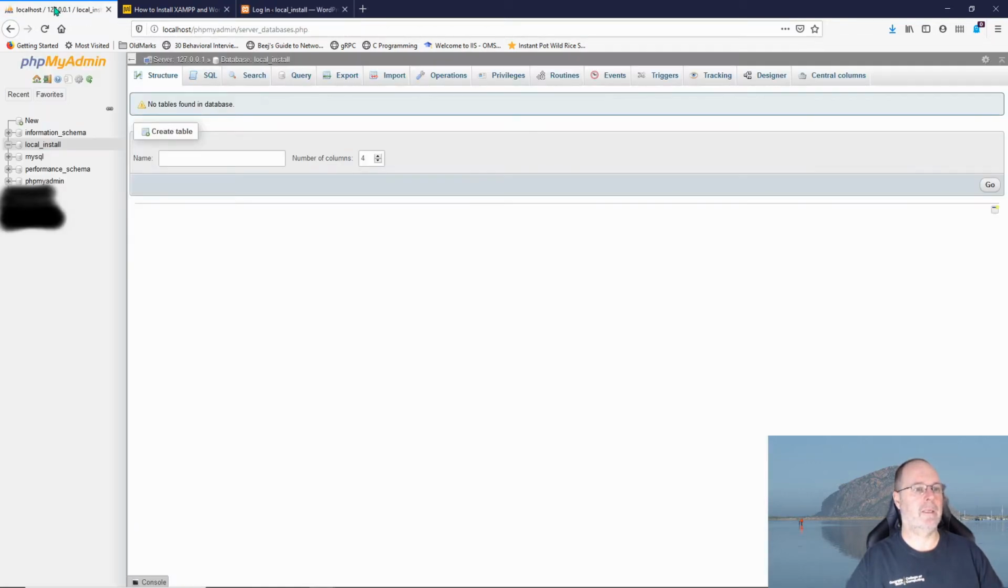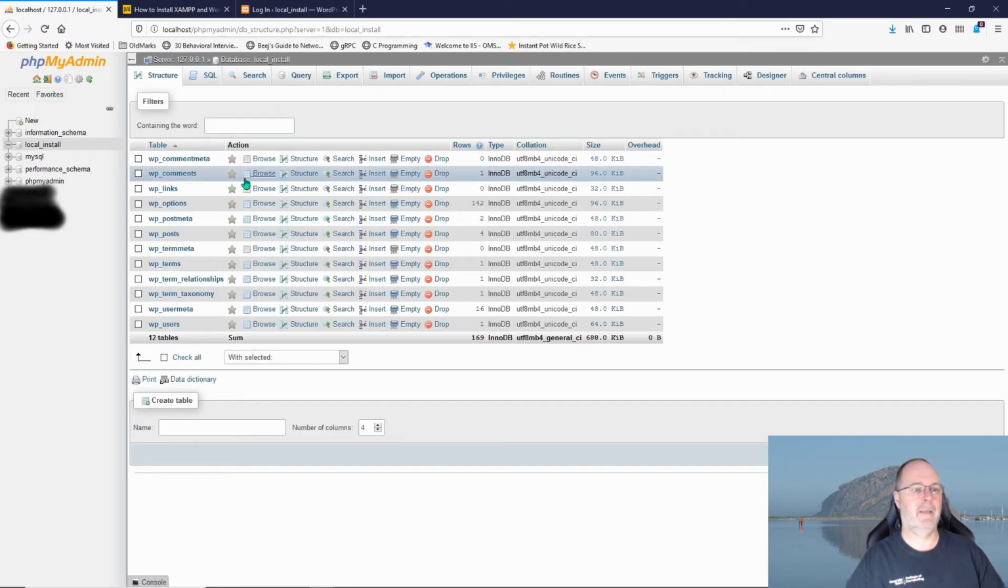So what we want to do is take a look at this database. We set up this local install database, and this is phpMyAdmin. What it does is list all your databases. You'll notice I have one scratched out, because I don't want you to see the username for some customer databases that I have installed here locally for development purposes. But I have this local install database, and when I click on it, it shows me all the